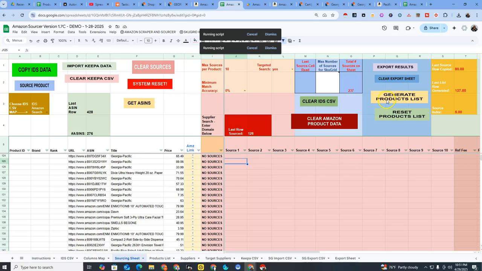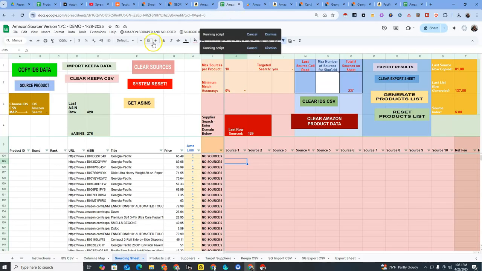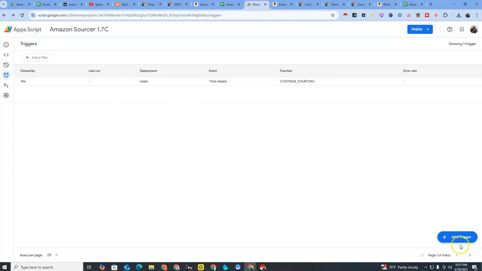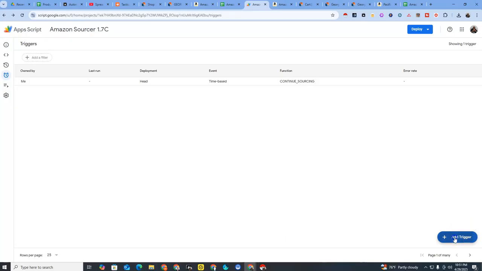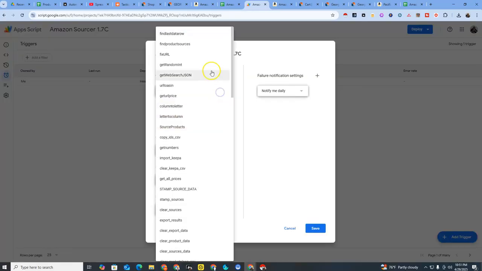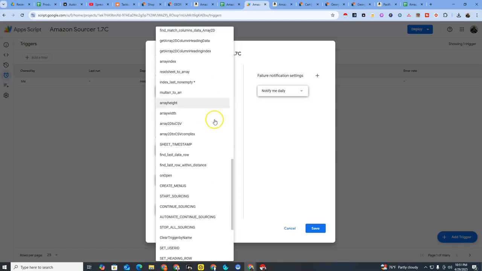Now for generate products list, you can do something similar. Okay, but I did not put an option on the menu for it. I'd rather you come here, just as I showed you before. But now I want you to manually add a trigger. In case you missed it, here's the button in the lower right hand corner, and you will select the macro here. The macro is generate products list. You'll find it,